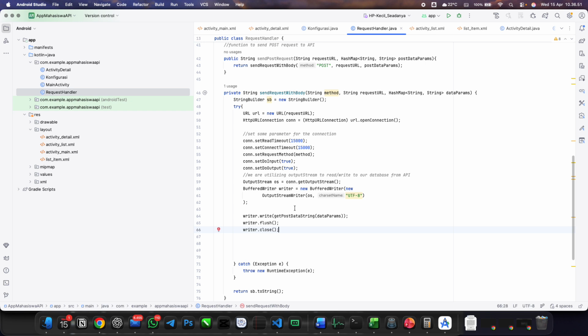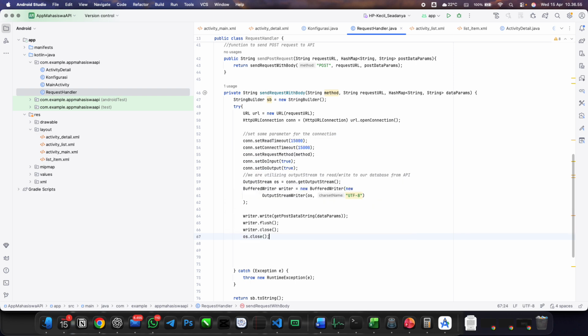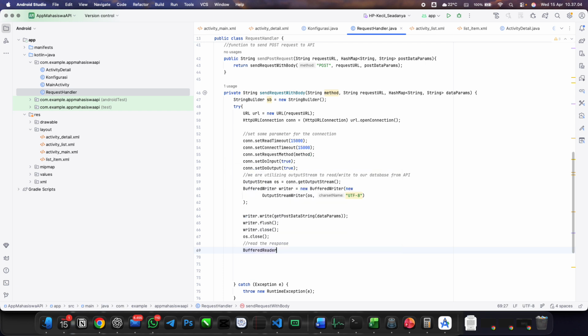That's why we have to close the output stream. And now we will read the response using a buffered reader. We call it BR, a new buffered reader.